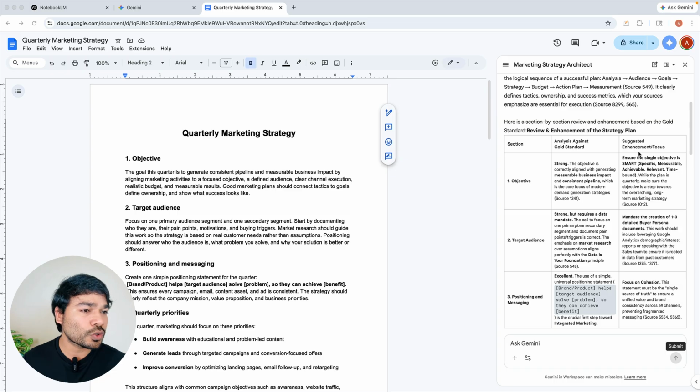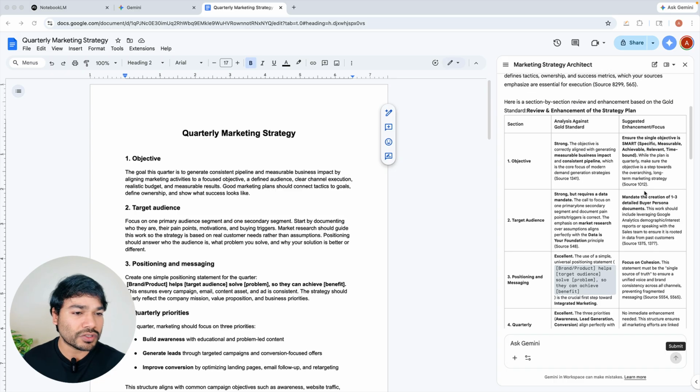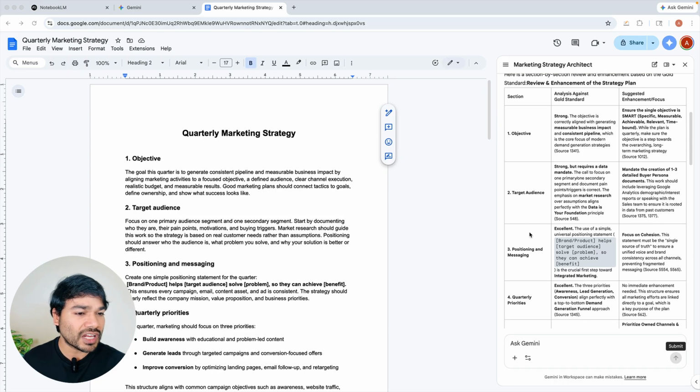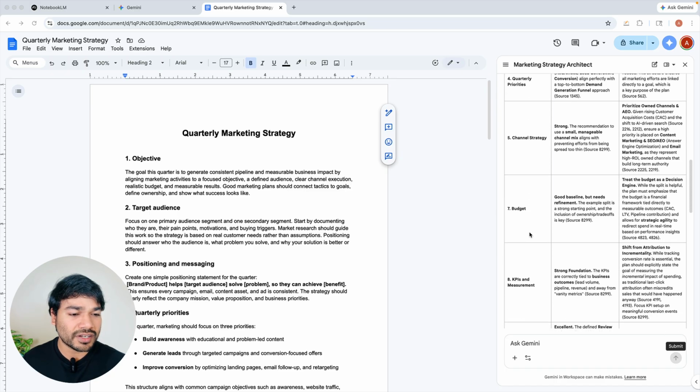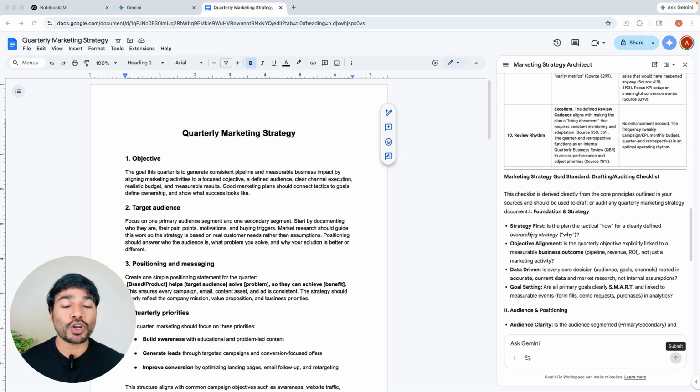And then it has also suggested some enhancements and focus. So the sections are objective, target audience, positioning and messaging, quarterly priorities, channel strategy, and so on. So it had responded with its review based on the wisdom that we had given to it in the NotebookLM